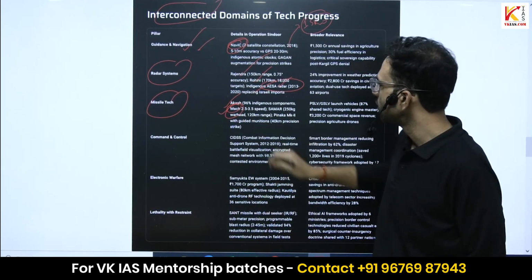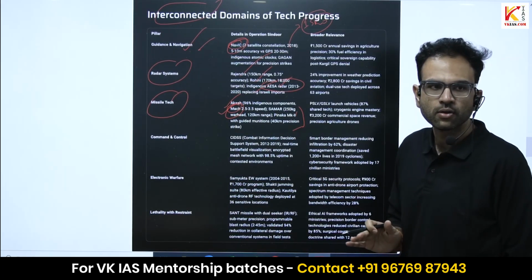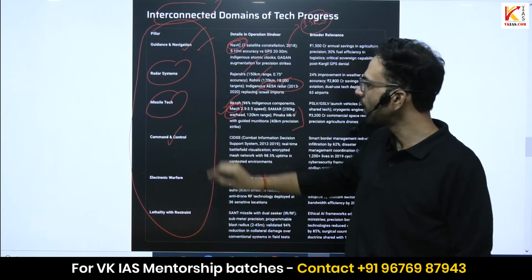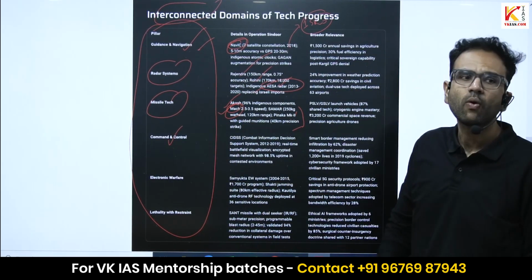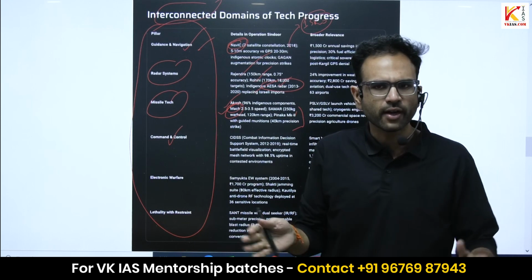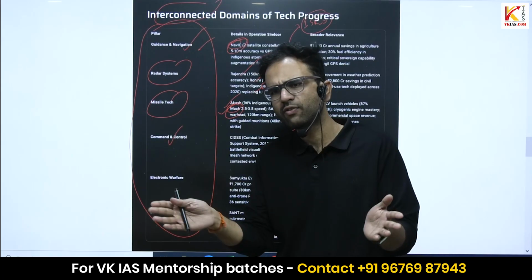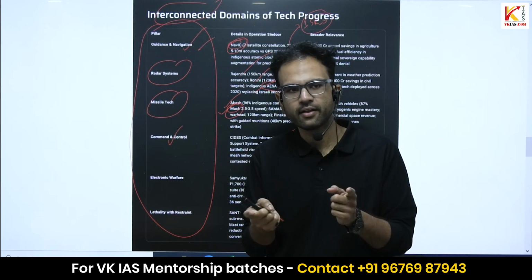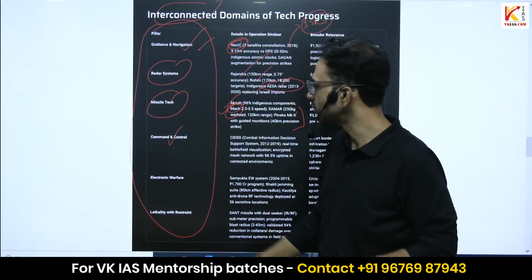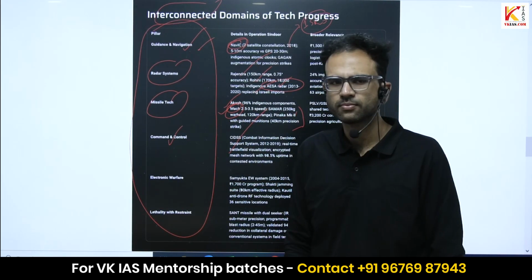So, missile technology. Okay. So, there are many names which you don't have to memorize by heart right now. Just focus on these pillars. Then you have a command and control system. What is that command and control system? What do you mean by that? I told you, right? You need to have a centralized agency which will coordinate with various stakeholders. You don't have to go into the details now. Don't break your head on remembering these details. First, focus on this. When the exam is near, maybe then you can focus on this.